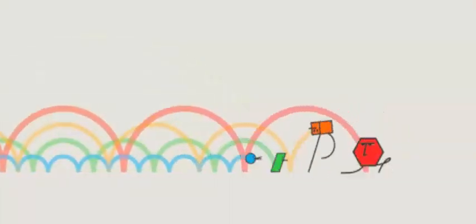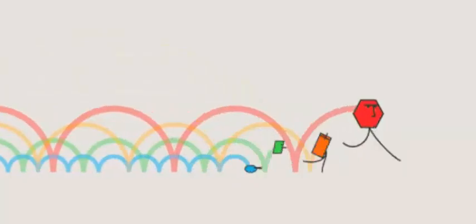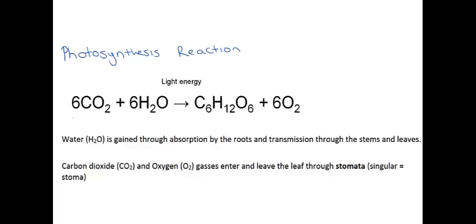This video will look at how plants are able to efficiently capture different wavelengths of light, such as these ones, in order to conduct photosynthesis. Photosynthesis reactions occur in chloroplasts, and the process involves converting carbon dioxide and water into glucose and oxygen with the